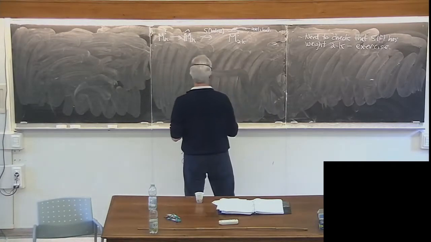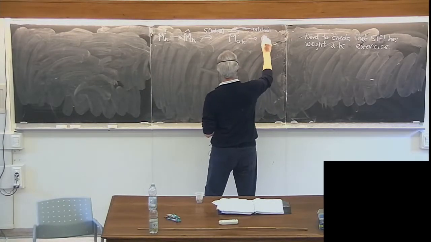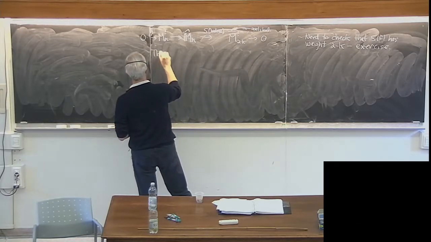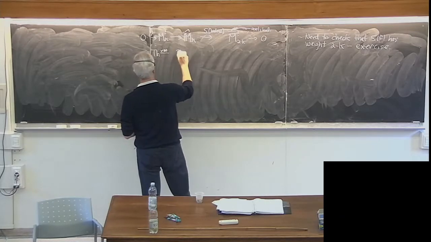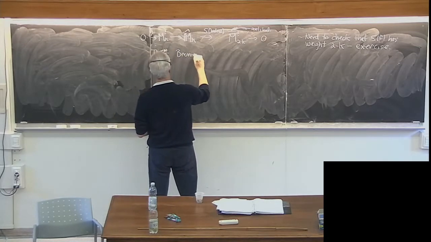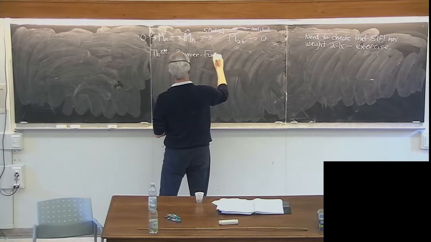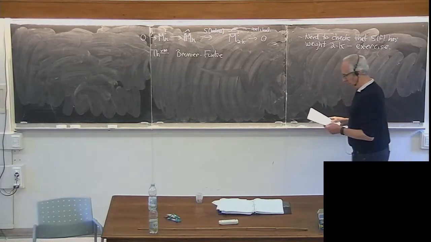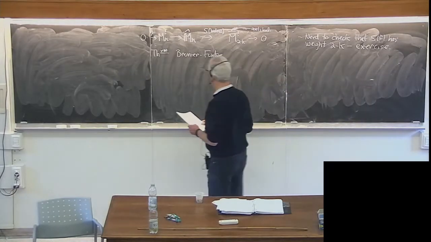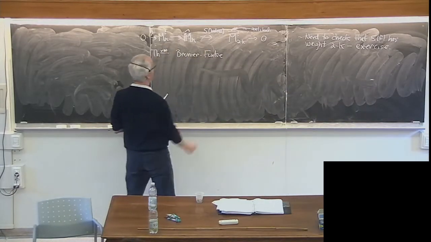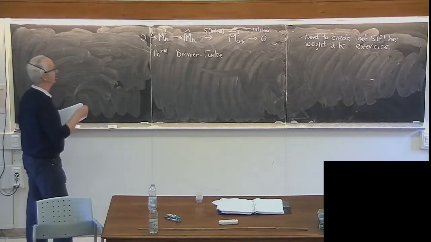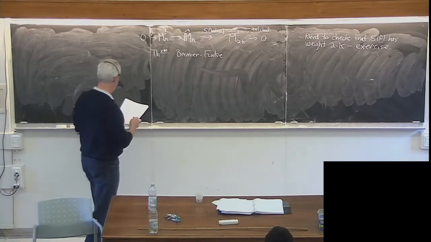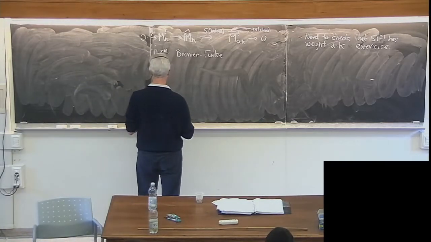So there's a theorem due to Bruinier and Funke that this is an exact sequence, meaning that the kernel of one map is the image of the preceding map, and the hard part here is to show